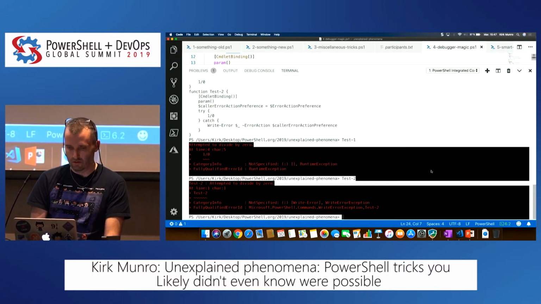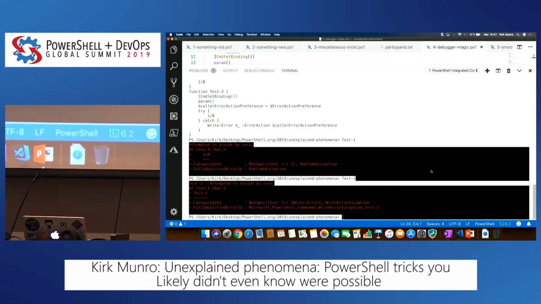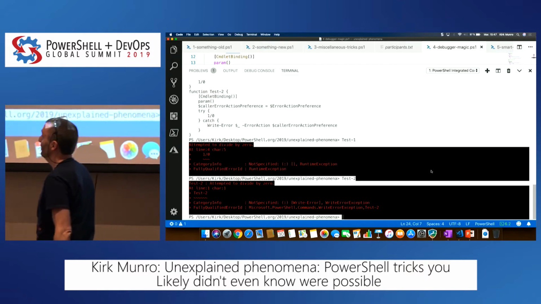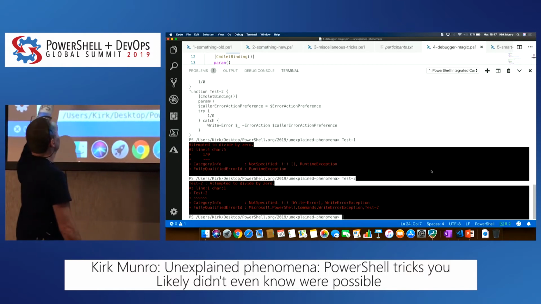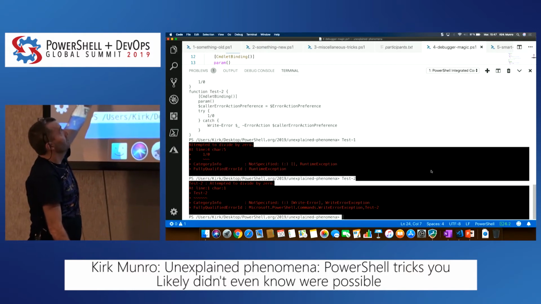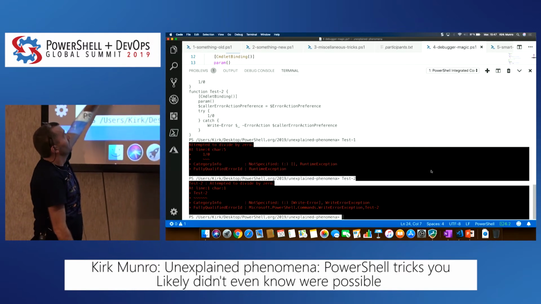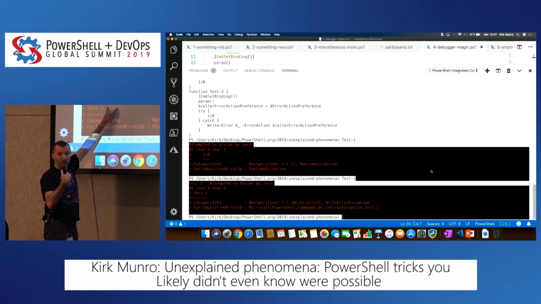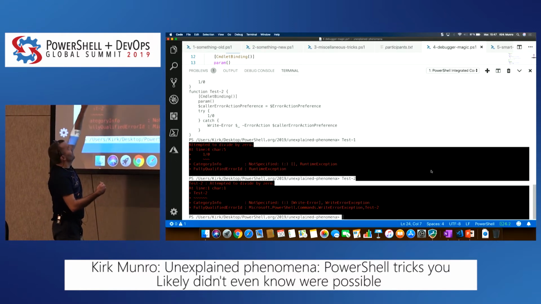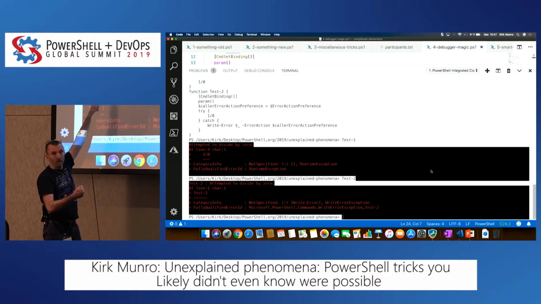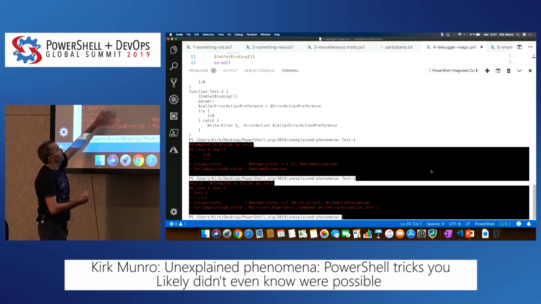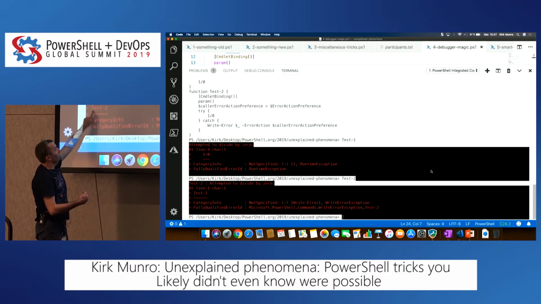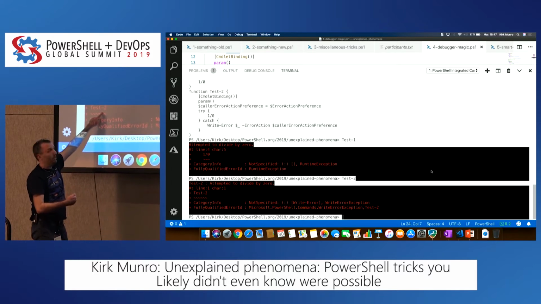So run test 2. This is what we're used to seeing with compiled binary commandlets. The command I ran, the error message, the line and character reference are my code, my script, because I want to know where in my stuff something failed. I don't want to start getting confused with internals of the things I'm calling. I want to see what happened in my code. It then shows me the actual error here. The error is test 2, because it's treating it like a black box.